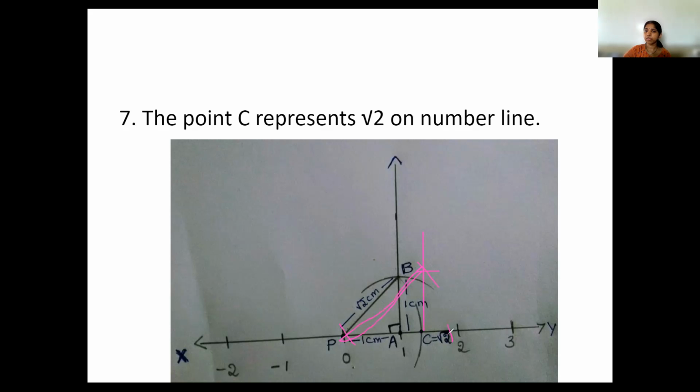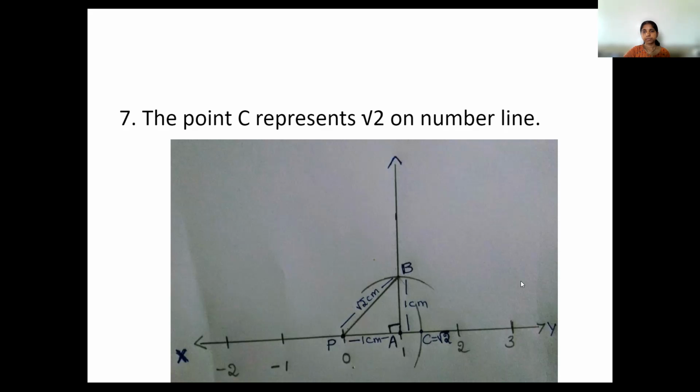Similarly, root 4 will be from root 3 you will take. From root 3 you will draw a perpendicular. So it continues in the same way. That's how you can represent the irrational number on the number line. So as you keep doing this in one diagram, what you get we call the square root spiral. So it represents the irrational number. So that's about how to represent irrational numbers on the number line.